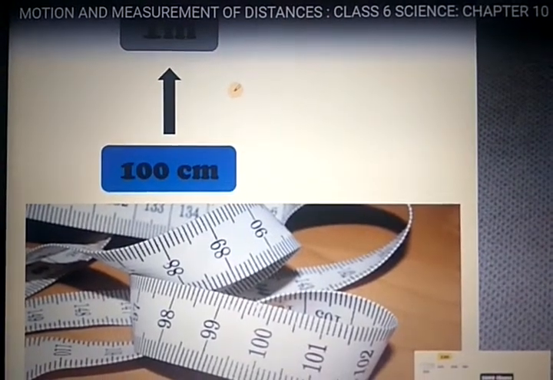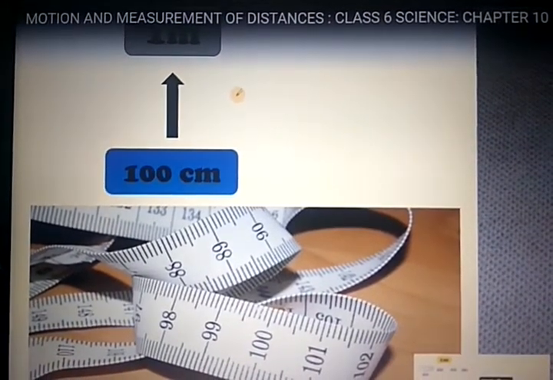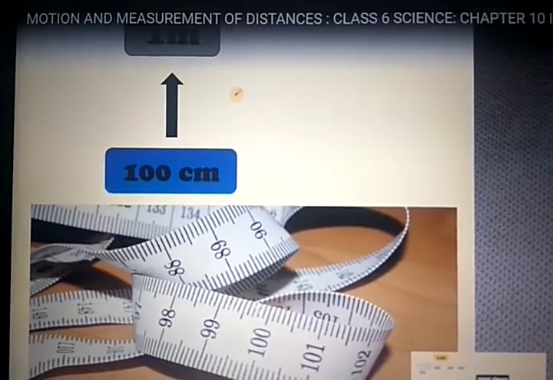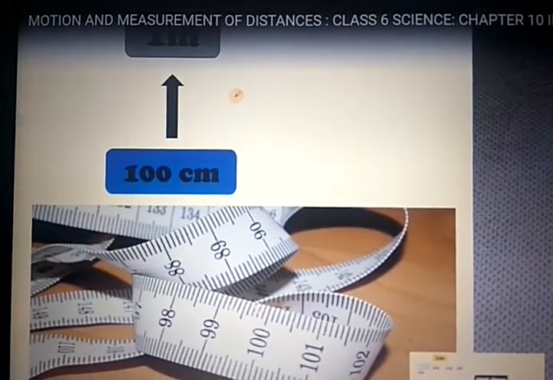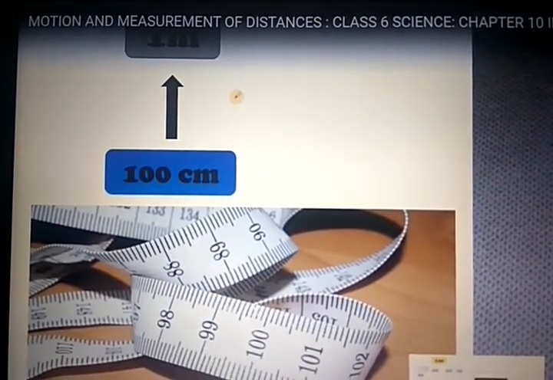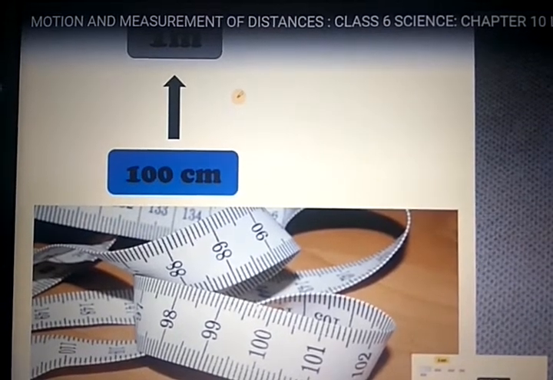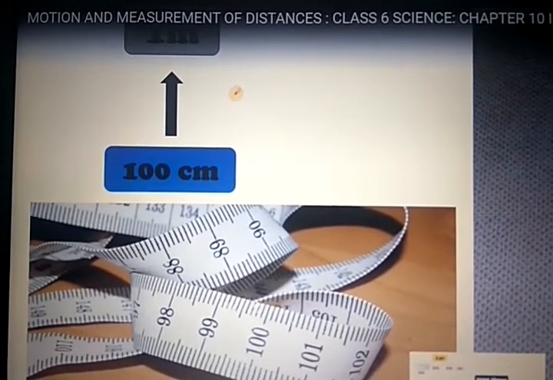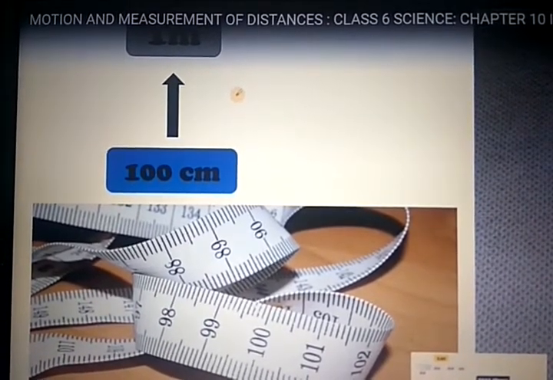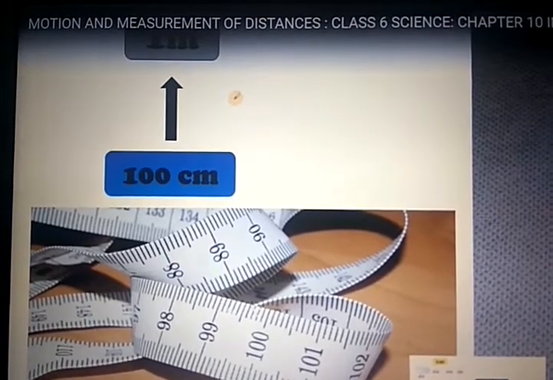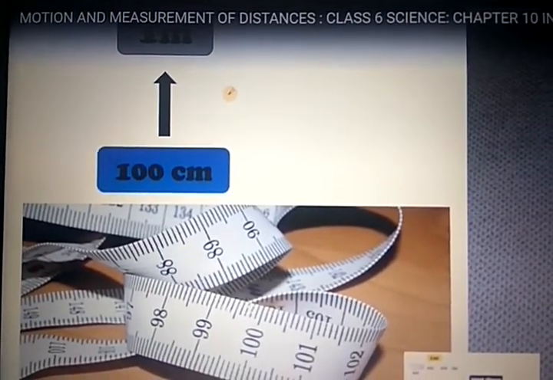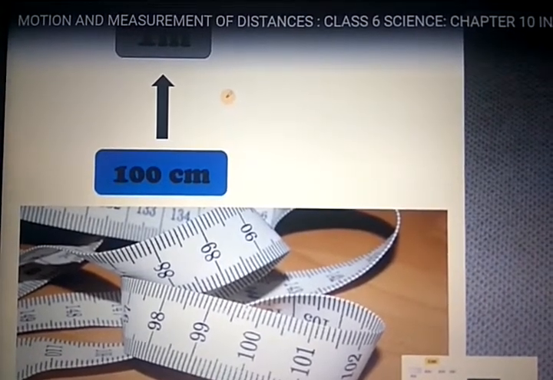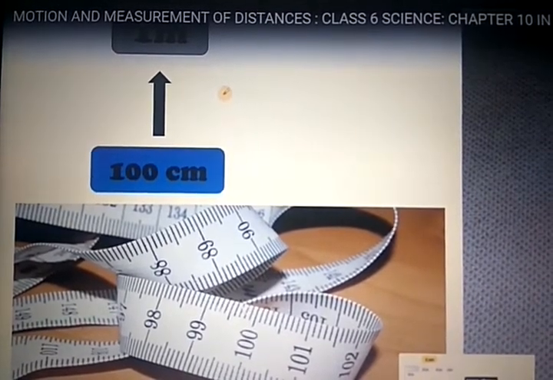Now this is a tailor's measure tape, right? Or this measure tape is also used by an engineer or contractor. Here this is a meter scale, and 1 meter is equal to how many centimeters? 100 centimeters. A tailor uses a small tape, while an engineer measures the long length of a plot, so a big measure tape is required, and it can move and is flexible, right?